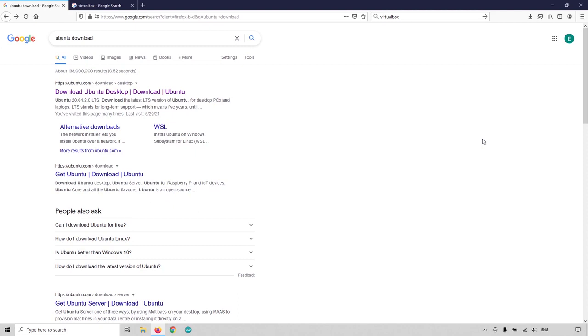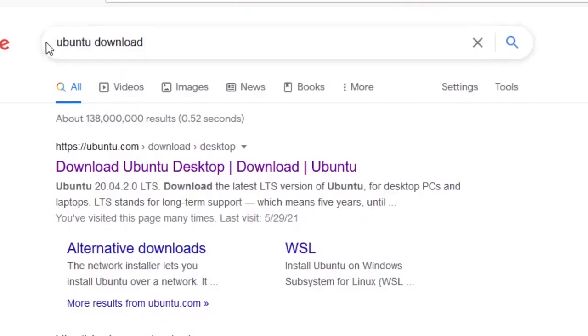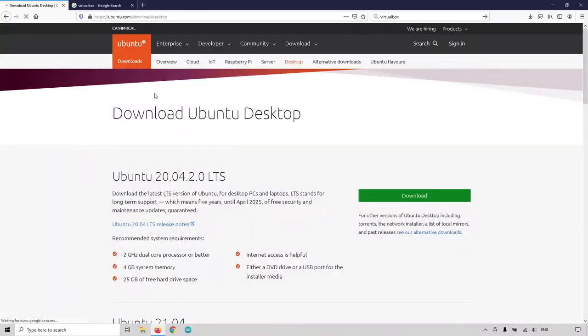And later on, after the course, you will be able to change the Linux operating system you use. All the knowledge you will have here will apply the same. So first of all, you can open a web browser and just type Ubuntu download on Google and you will get to that page, okay,